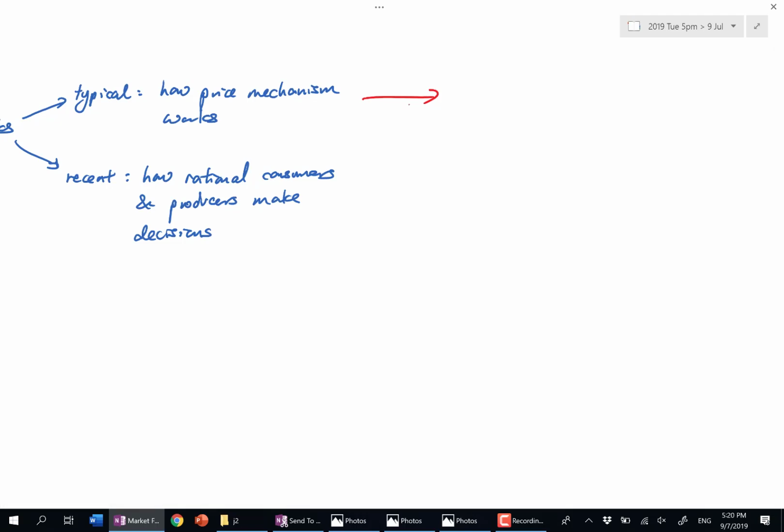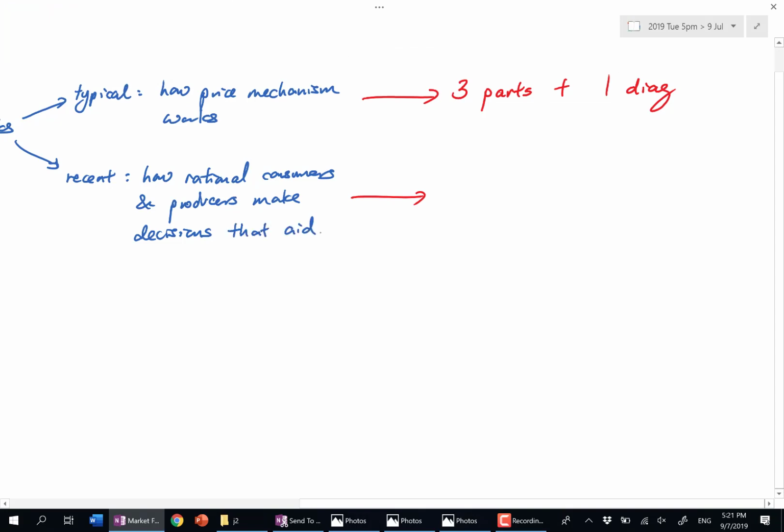So how the price mechanism works, there's typically 3 parts. I'm not considering the introduction, okay? There are 3 parts plus 1 diagram. Okay. When they ask you how rational consumers and producers make decisions, okay? If I make this question a bit longer,